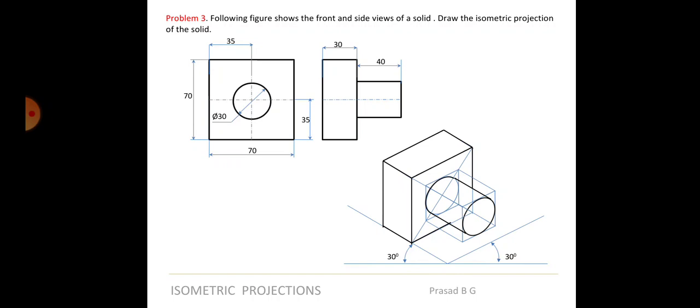And question number 10, because I have done the same problem now. Question number 3 is also similar to this, but that is not a circle, there it is a square object. Here we have a cylinder. In question number 3 in the isometric, instead of a cylinder, it is a prism, 2 prisms, 1 prism horizontal, 1 prism vertical. In this we have 1 cylinder horizontal and 1 prism vertical, right? Question number 3 of your question bank is 1 prism horizontal and 1 prism vertical. So I would expect you to complete question number 1, 2, 3, 4 and question number 10 and submit.